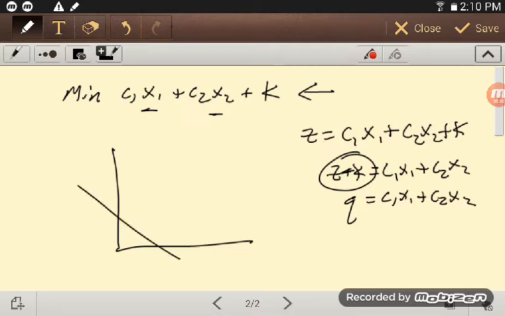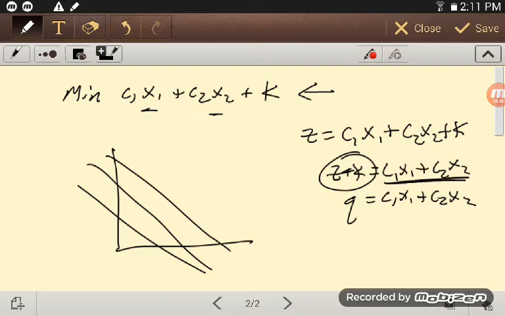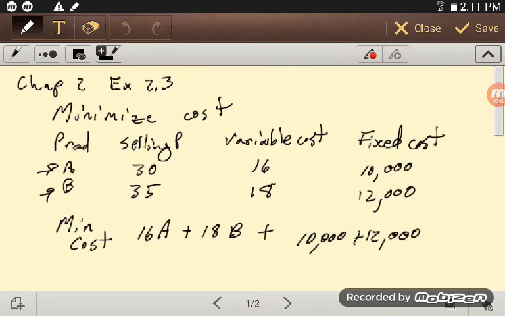So I still get all these parallel lines, usually that might look like that. I still get all those parallel lines. They're just going to have a different value of z, but the line itself, its properties are the same. And so if I was going to hit at that point, I'm still going to hit at that point because these lines are still parallel. So adding or subtracting a number there doesn't matter as far as the actual finding